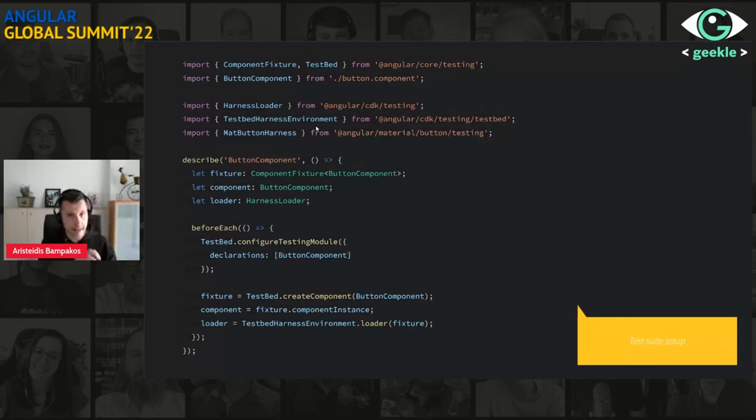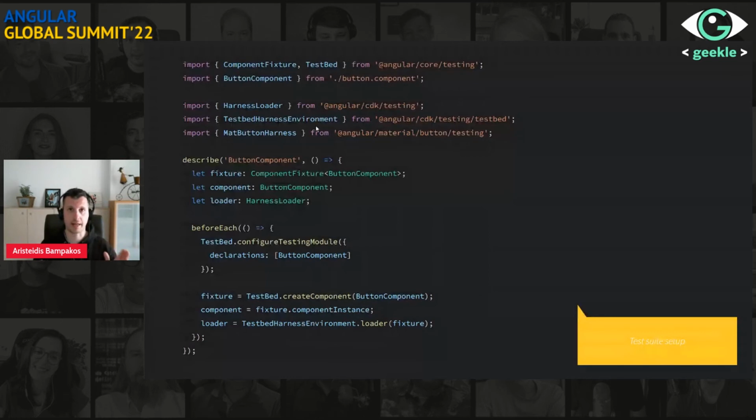And these classes are used so that we can query the Angular material components using these classes and not the actual DOM. Okay? So in the beforeEach statement, after we configure our testing module and we create our component, we call the loader method on the TestbedHarnessEnvironment